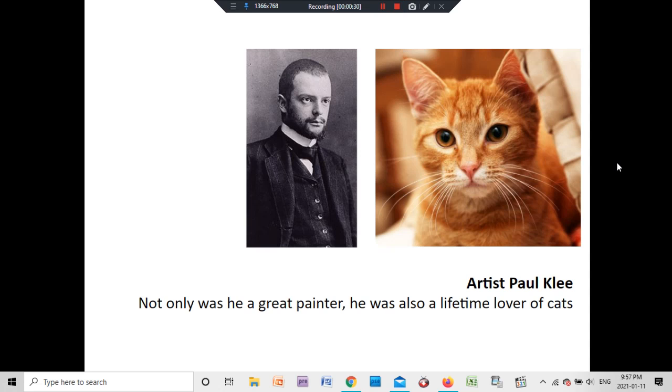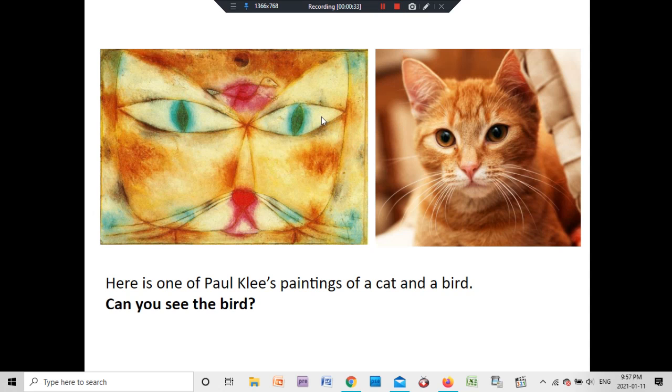And in particular, here's a painting of his. It's a drawing that he painted. And so you can see there's the cat and there's the bird that he's included. And there's a reason I've put these two images together. I actually want to contrast, and I want you to look at the difference between a realistic or a photorealistic